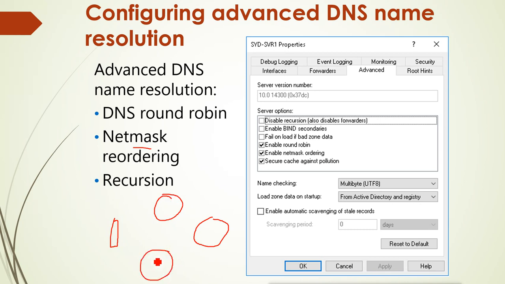If the client from this subnet asks for the web server IP, the DNS server will reply with the server which is located in the same subnet as that client.